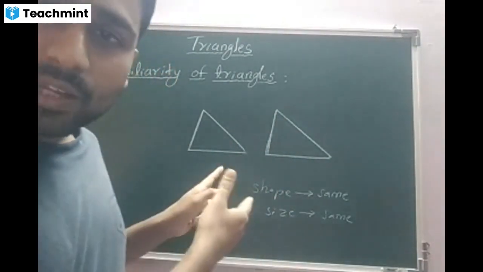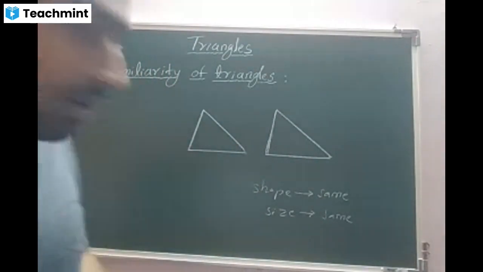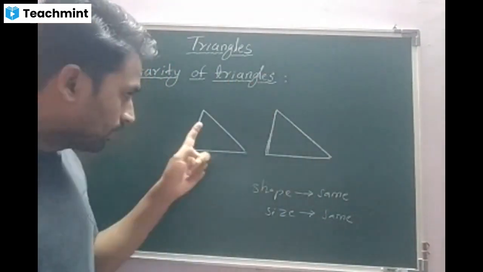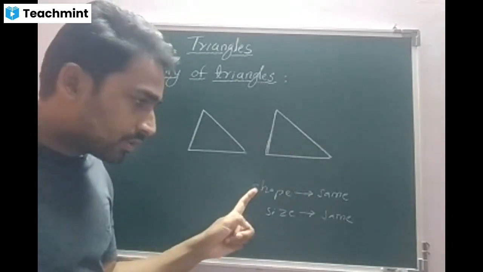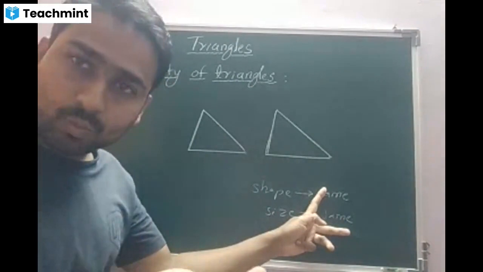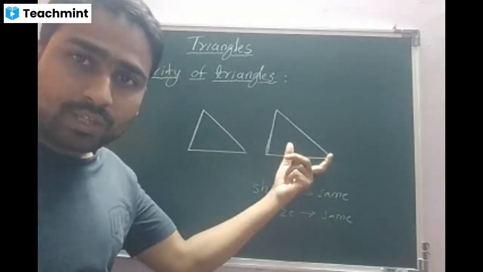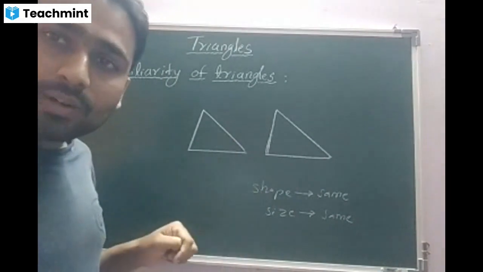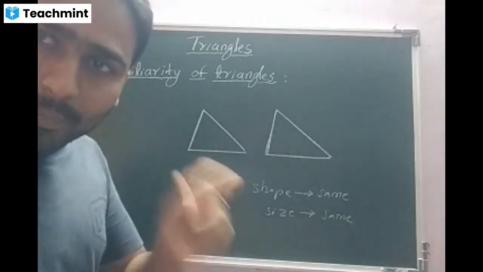At the final moment, she said it as object. Don't worry, we are dealing with triangles. We have to be specific. Observe, beta. First, I'm talking about congruency of two triangles. The two triangles in which shape and size are exactly same. In other words, the two triangles which overlap on each other completely, we call them congruent triangles. That is the general thing. Now the mathematical aspect.